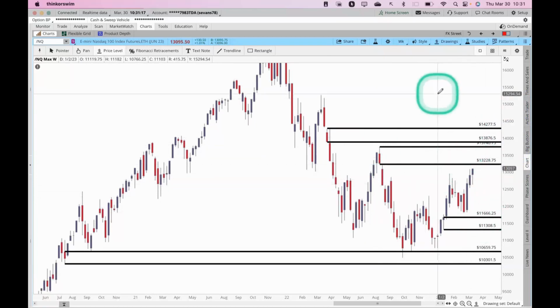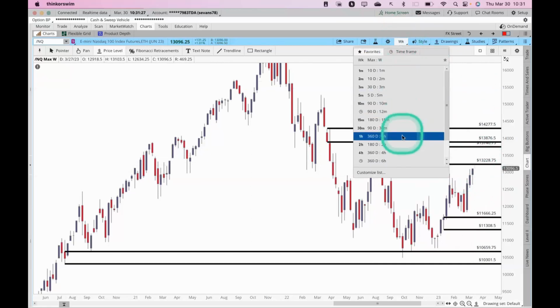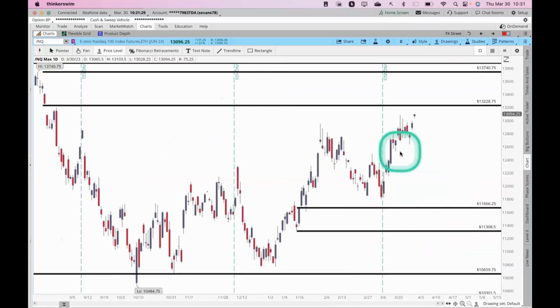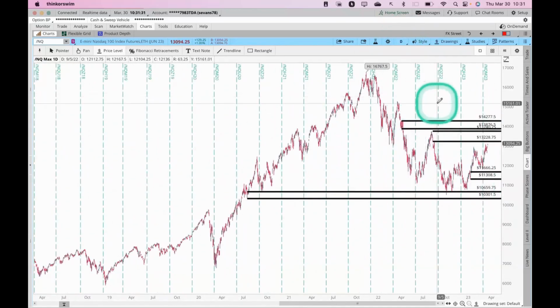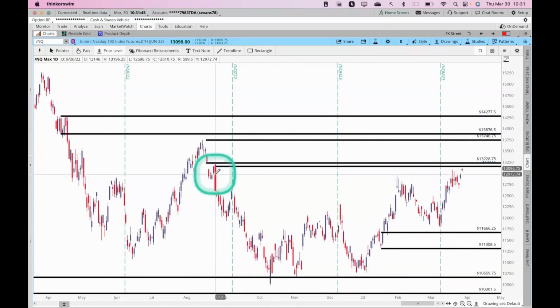So on the NQ, I would remain bullish at a guesstimate up to around maybe 13,475, 13,500. But I'd be very mindful that for this upward momentum to continue, guys, zoom in on the daily charts. You really look, we've had a lot of gaps, gap up, gap up, gap up. When you keep getting gap ups like that, it's going to eventually exhaust itself. And even right now, this moment in time,